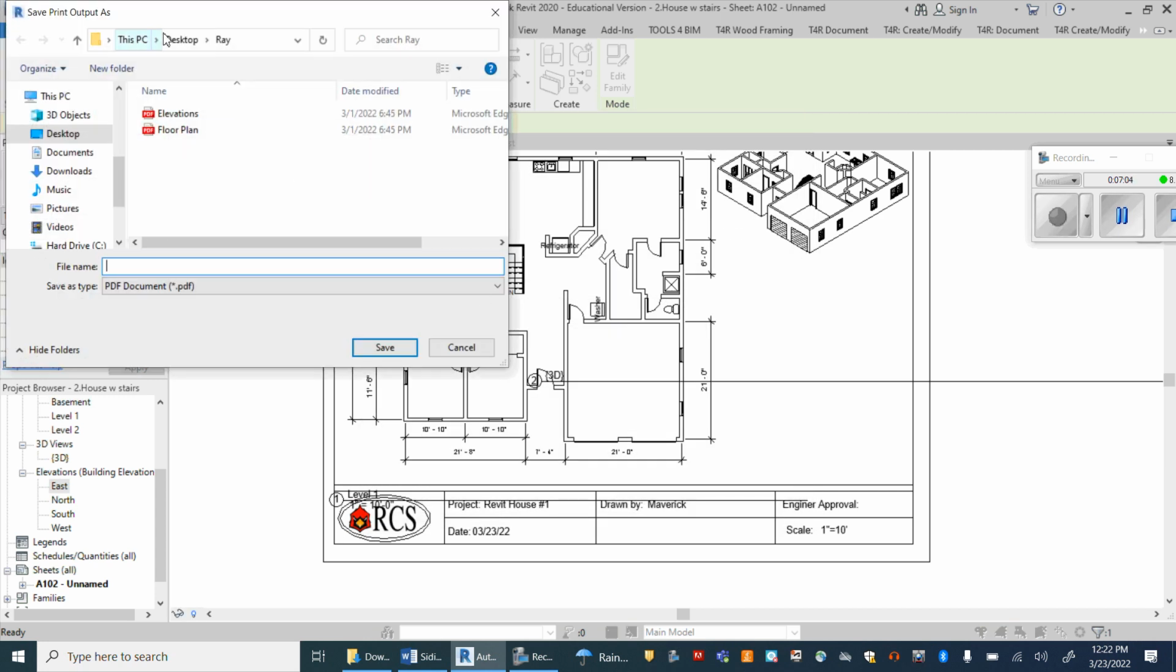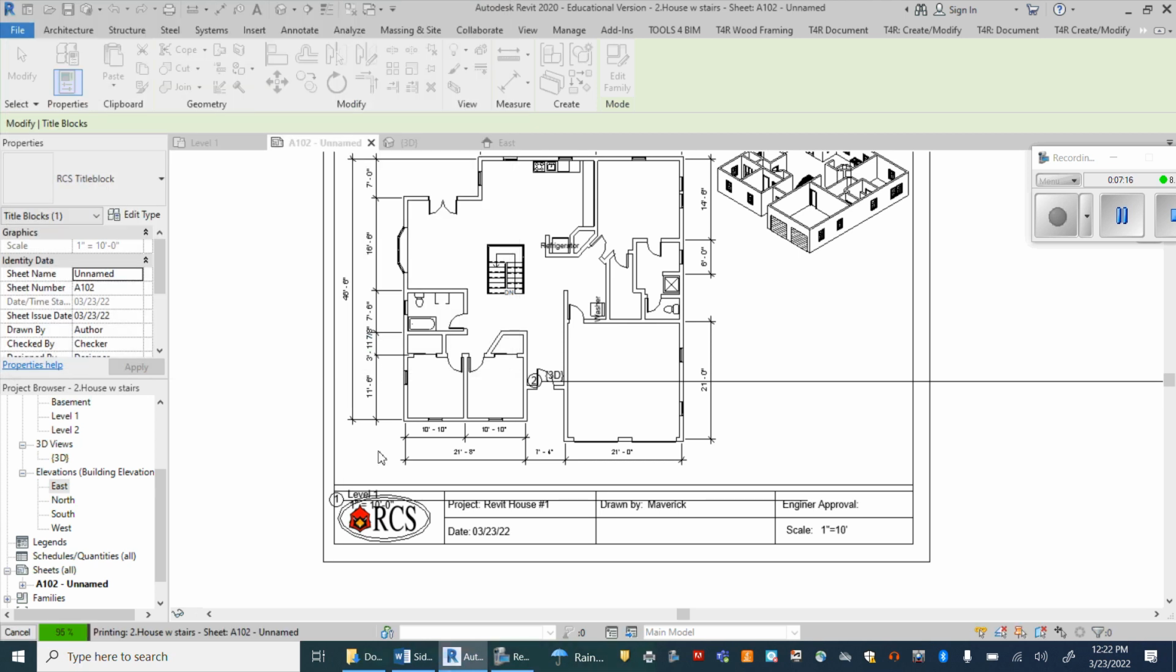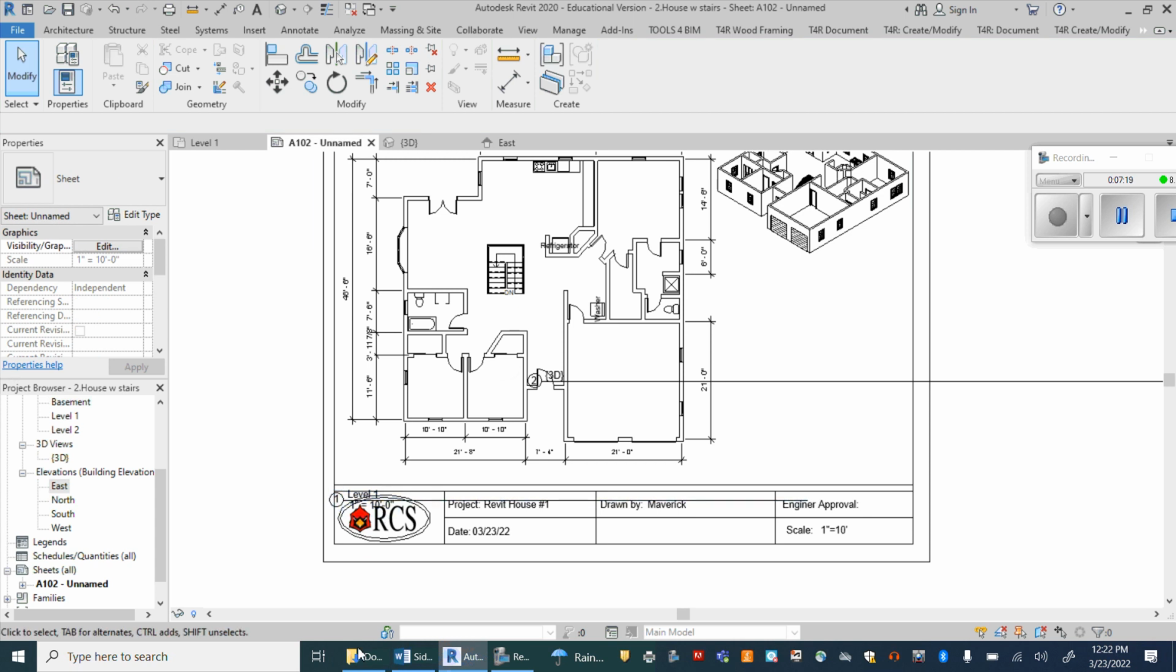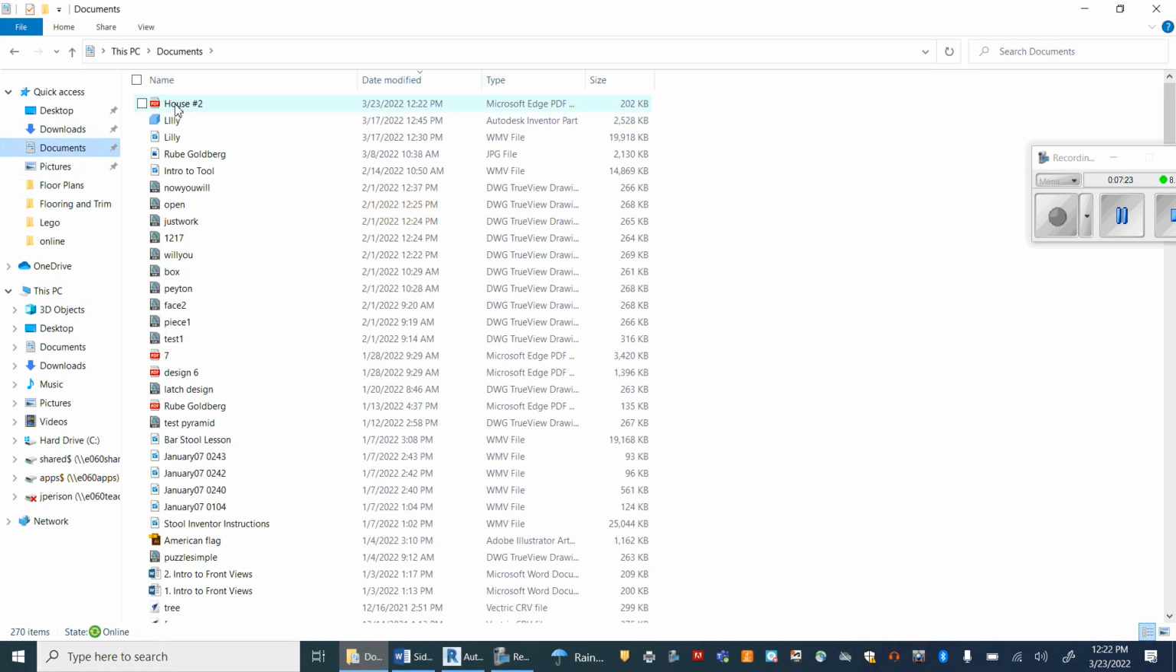When I do, it's going to pop up and say, hey, where do you want to save this? So once again, I'm going to go to my documents, house number 2, hit save. It'll be there. So if I go into my documents, there's house number 2. You can click and send that as an attachment onto your House 2 Teams account, and I will look at that and give you guys a grade. So check that out and go from